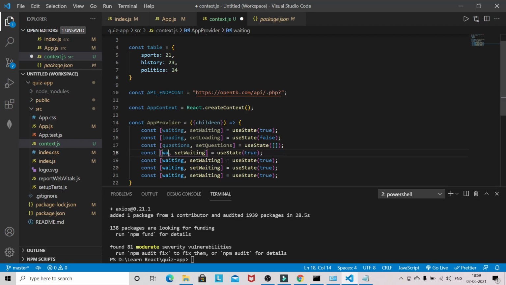Now we will have an index, setIndex, and this will be 0.